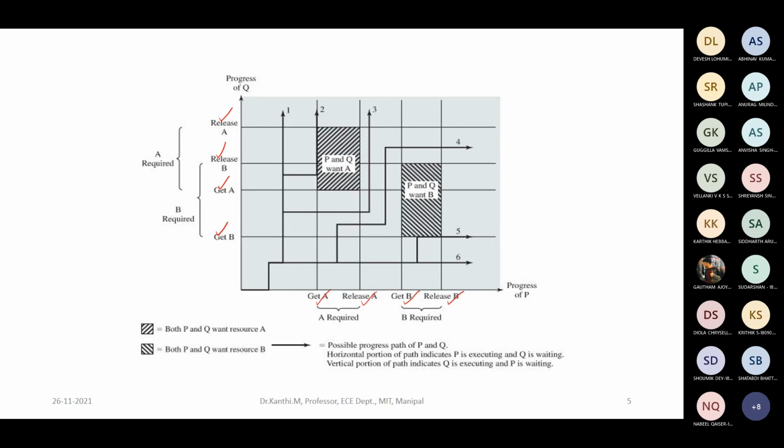Fine. Let us try to understand in a similar manner. Suppose I begin with 1, the path which is shown. It is only for Q. It will acquire B, then acquire A, release B, and release A. Smooth. So far P has not come into the picture. Once it resumes execution, both resources can be used by process P.